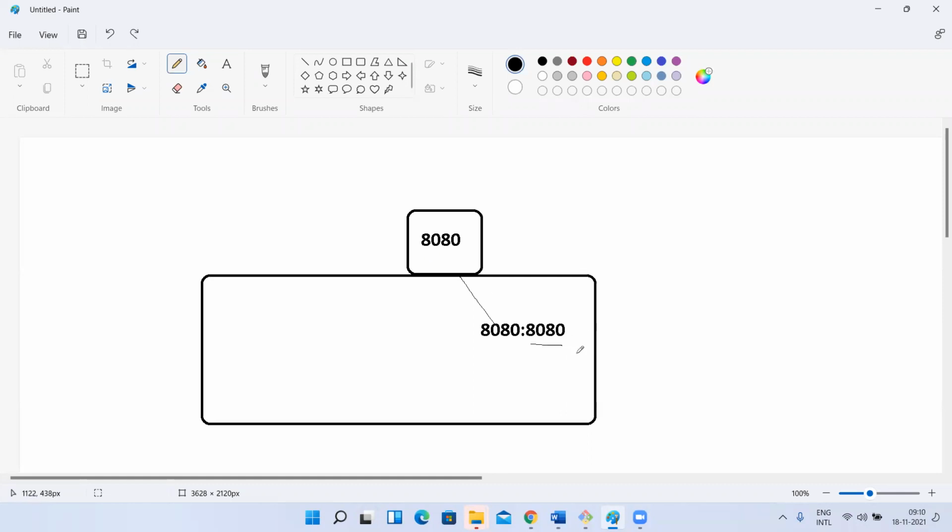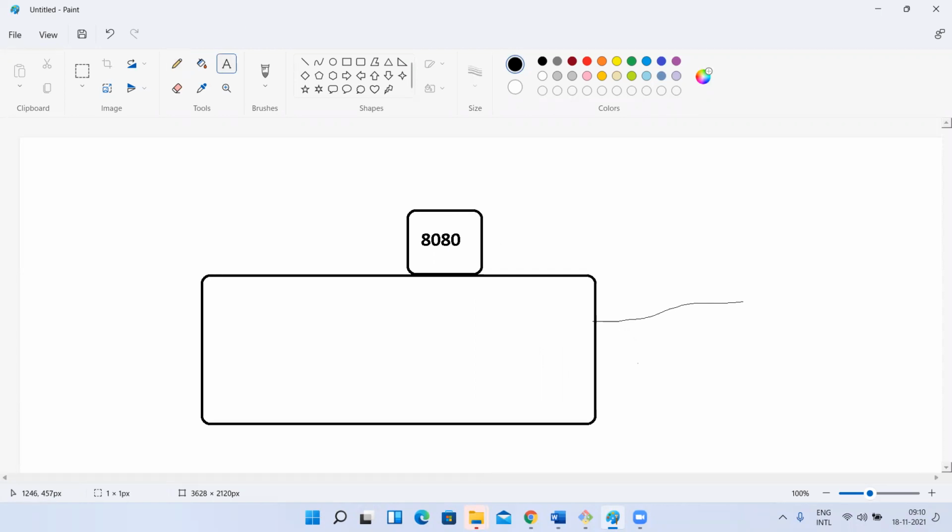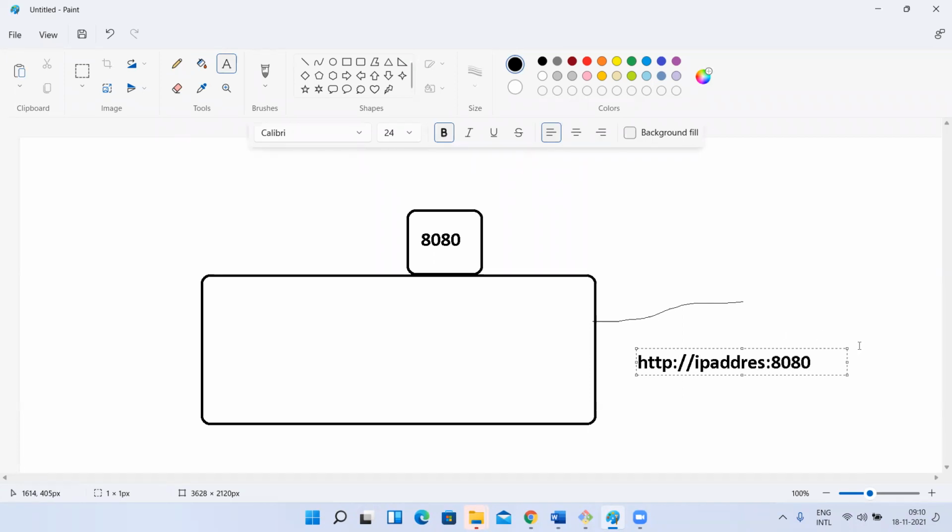So you cannot directly access the container. The request has to come to that host. How do you access the host? If it is physically installed, you can access the host and it will be redirected. But here it is a container, and the container will have its own port. So you are saying if someone tries to access like this, http:// IP address of this host :8080, you please redirect.